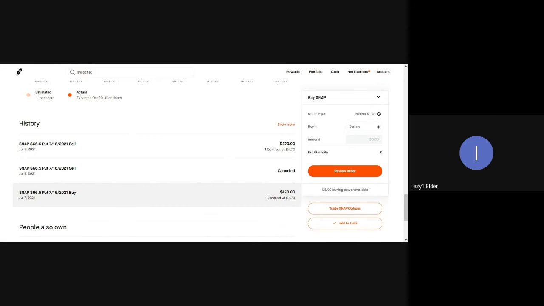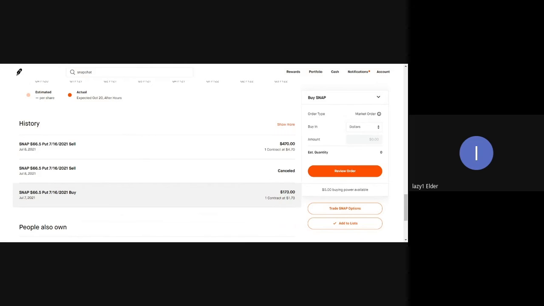Please, please, please do not be fooled by that if you see it. I'll probably cover it on another episode, actually showing you. But when it says a contract at $1.73 or 53 cents, do not get fooled by that. Remember, a contract is worth 100 shares. This is saying that each share is worth $1.73 within this contract. Now there's 100 shares within a contract. So that $1.73 is actually